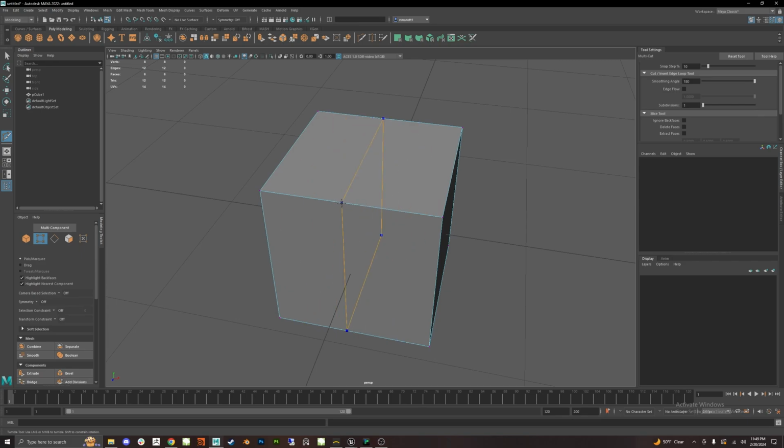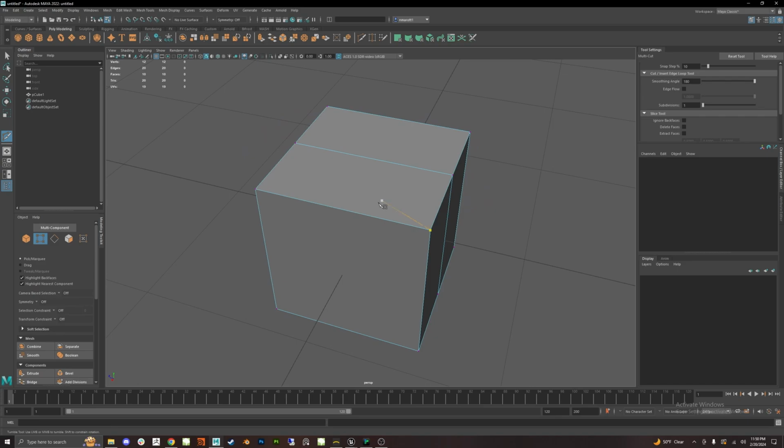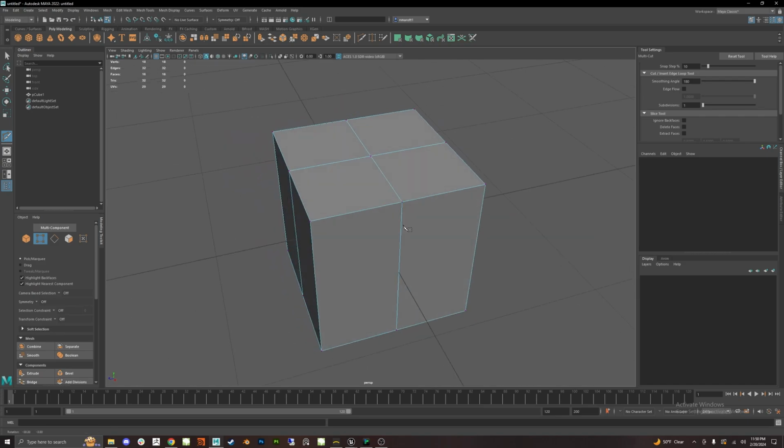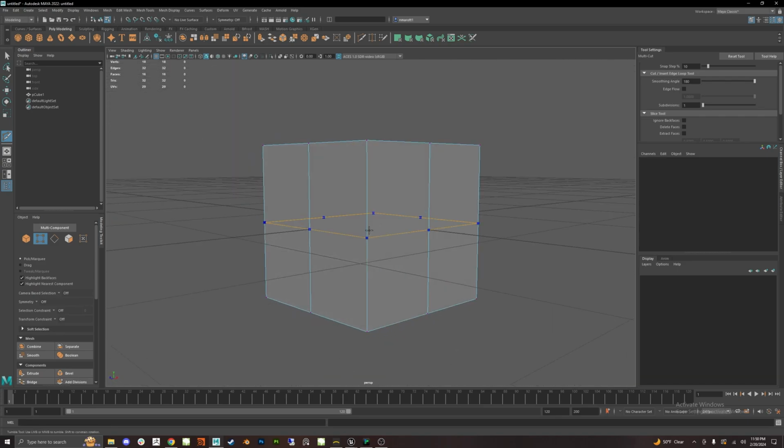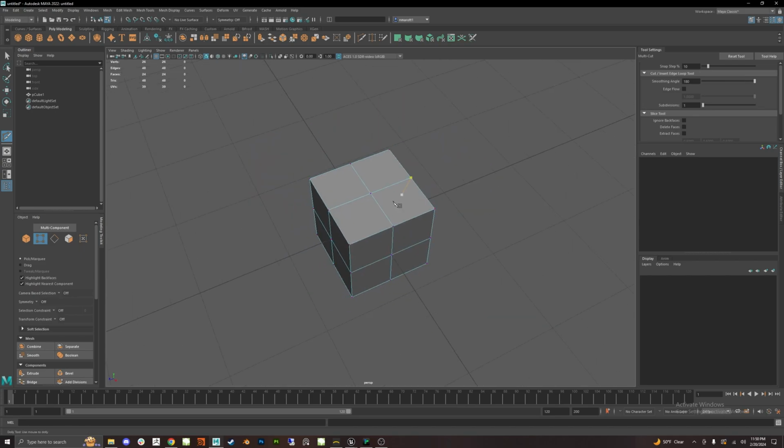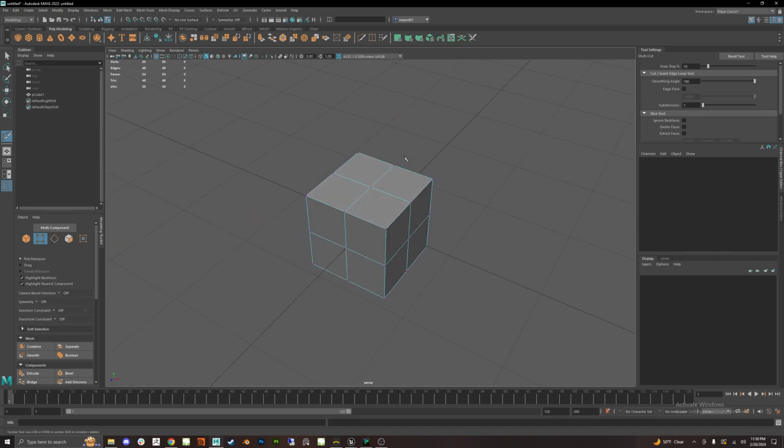If I don't want to, I can let go of shift, and freeform wherever I want it. Well, for sake, let's put it right in the center. And now I can do exactly the same thing right here, and exactly the same thing right here. And I have subdivided my cube in half, or I've doubled the amount of